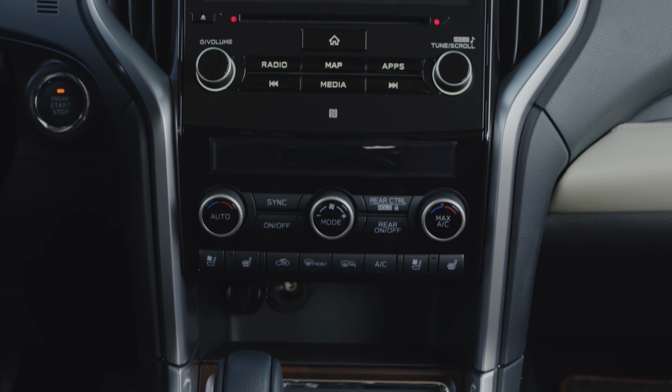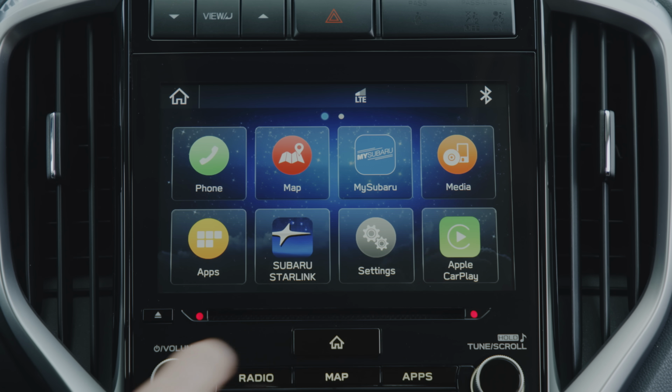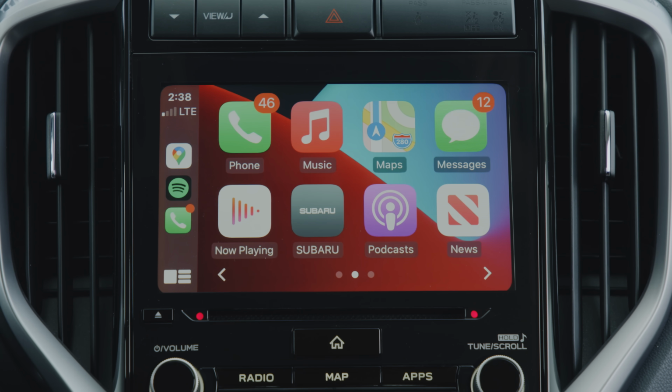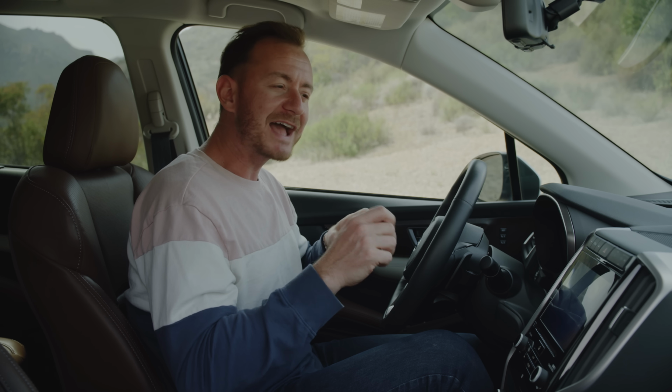Here's a standout area for the Ascent. This touchscreen has really bright and clear graphics. Apple CarPlay and Android Auto are standard too. The Bluetooth system will read out your text messages from your phone to you, even if they're acronyms that are,